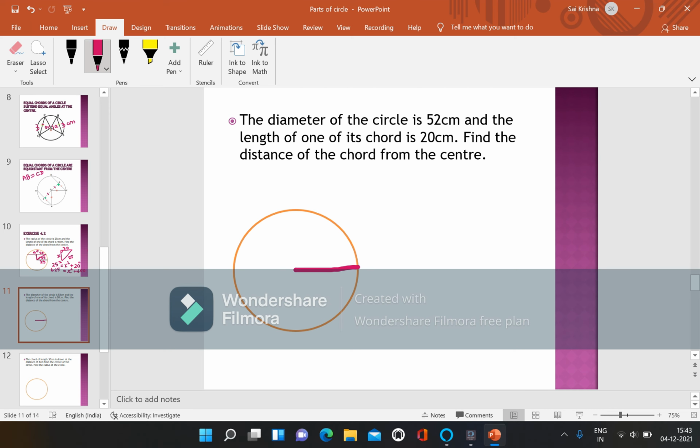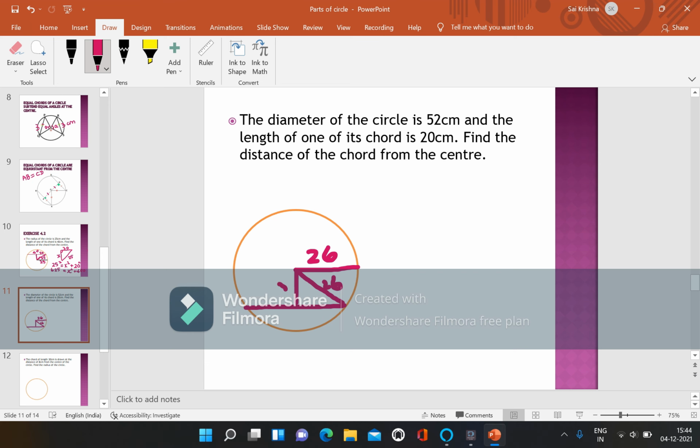Half of 52 is 26, and the length of one of its chords is 20, so half of it is 10. So join this. So this becomes 10, and draw a line from here so that this is the radius. So here is 10 and here is 26,